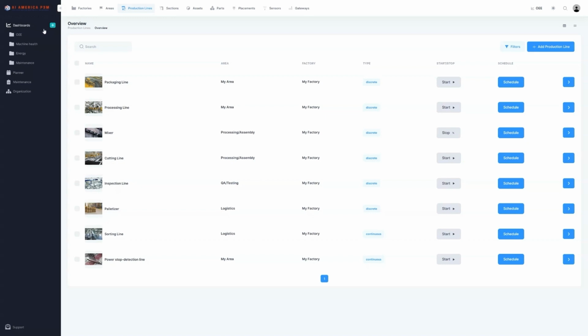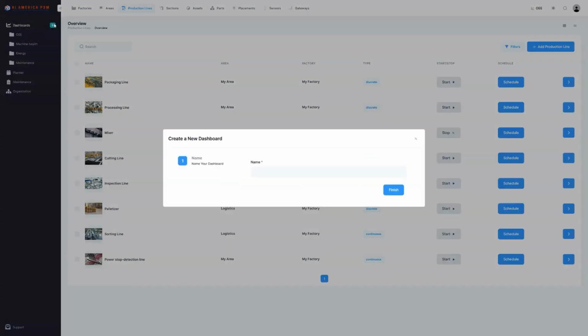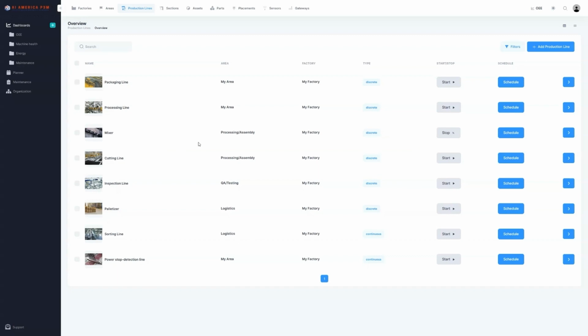We have set up dashboards for you to monitor the production process effectively. You have the flexibility to create as many dashboards as needed to cater to your specific requirements. Within these dashboards, we have organized several categories. These include